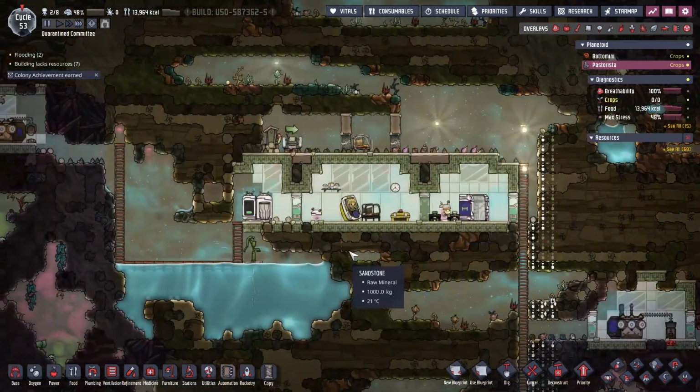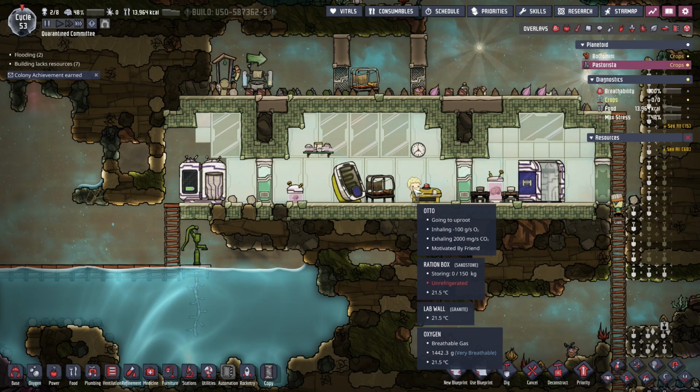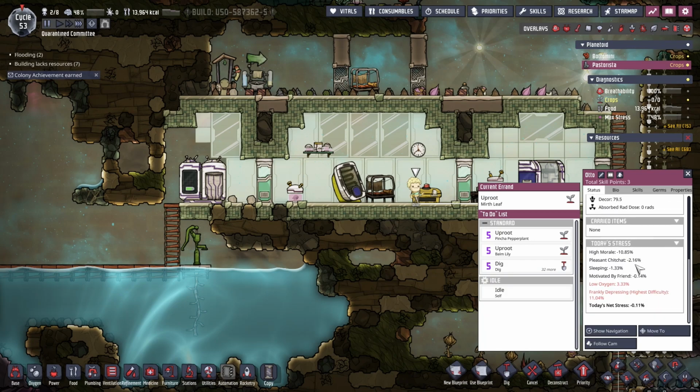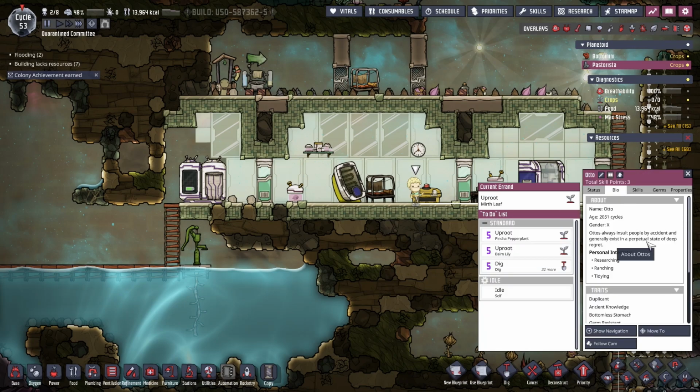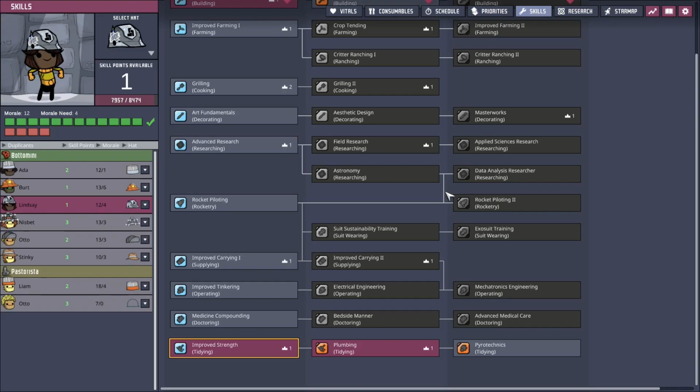Okay, Auto. Welcome, Auto. What are you all about? Auto is... oh, we're interested in researching, ranching. Okay, that's good. And tidying. Oh, no. Bottomless stomach. Just great. Oh, well. Terms is a small bladder as well. And not the best dupe, but can be our rancher. Skill-wise,